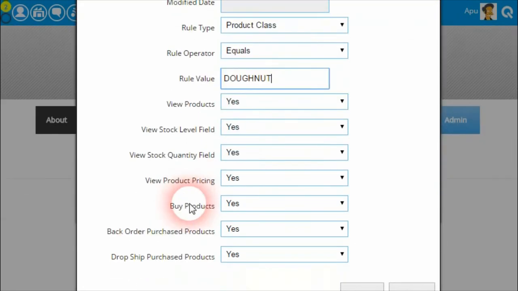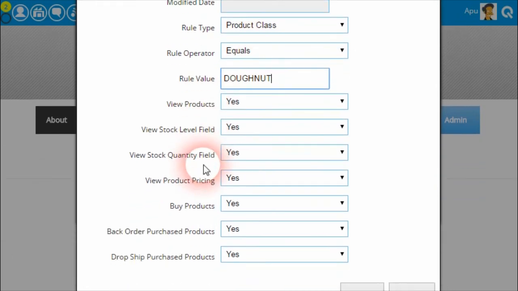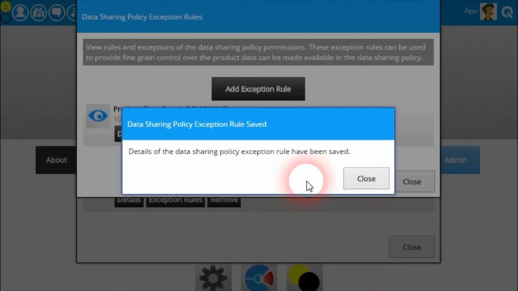So what this means is, for every single product that the donut company sells, if its class matches donuts, then an override says that yes, this product can be viewed, the stock quantities can be viewed, the pricing can be viewed, and it can be purchased, and you can customize to the best fit. So once we save that,